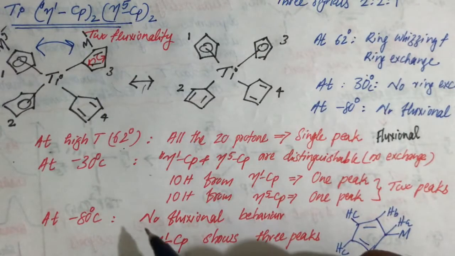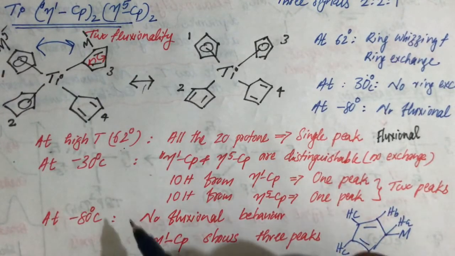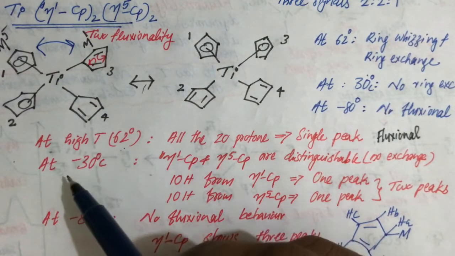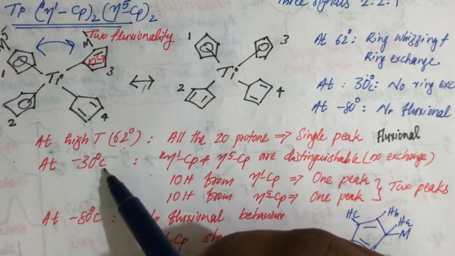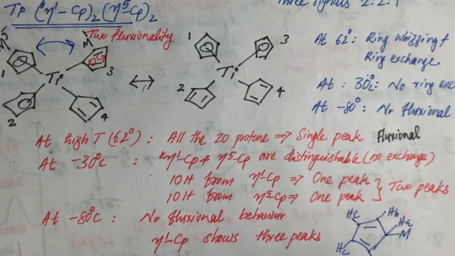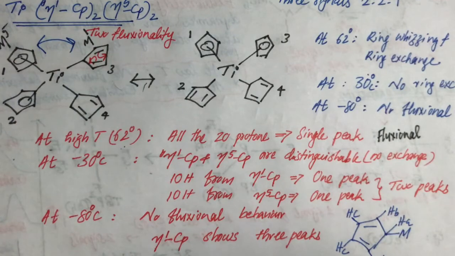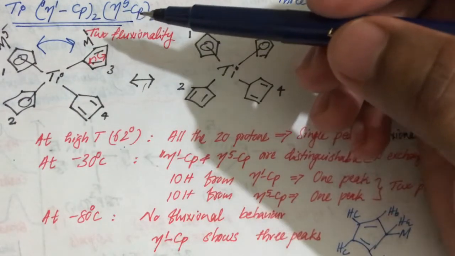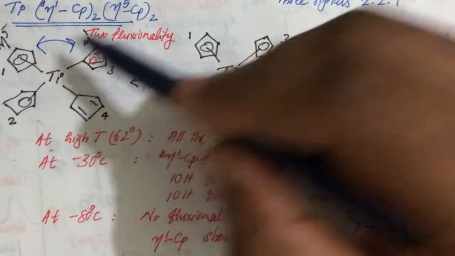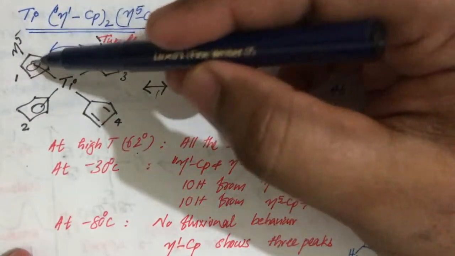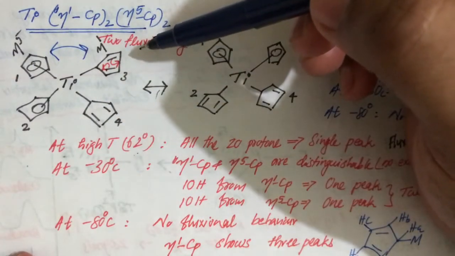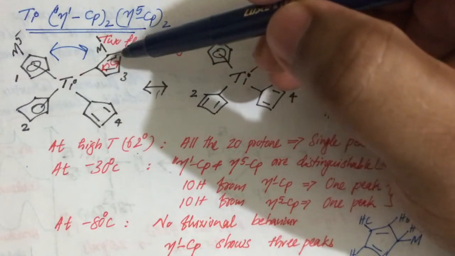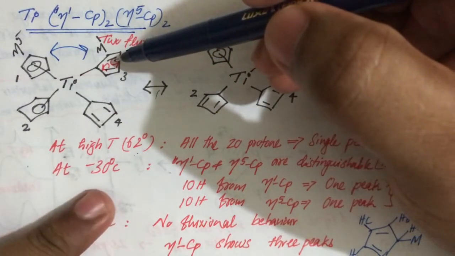Interestingly, in this molecule at minus 30 degrees Celsius, it is not the lower temperature limit, it is the intermediate temperature limit. At minus 30 degrees Celsius for this complex, there is no ring exchange fluxionality. There is only one kind of fluxionality, that is this ring whizzing that takes place. So at minus 30 degrees Celsius,